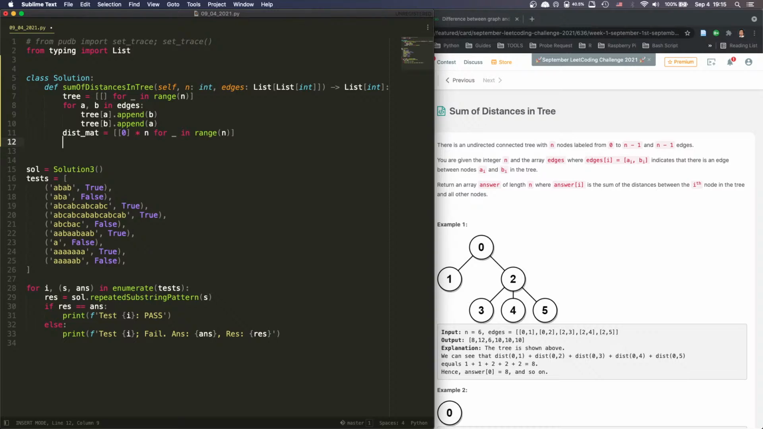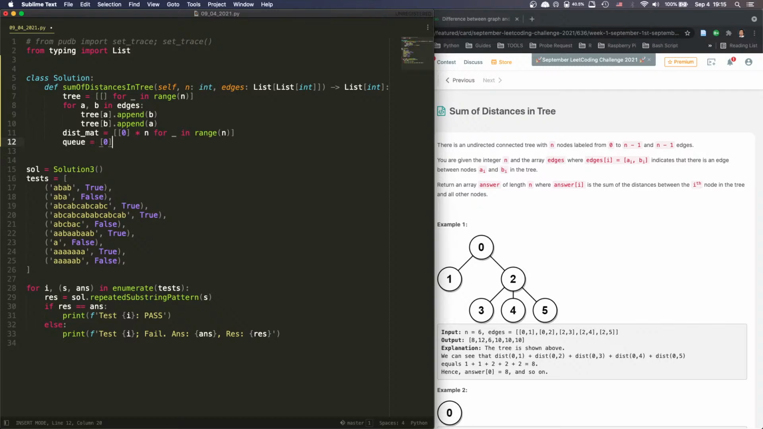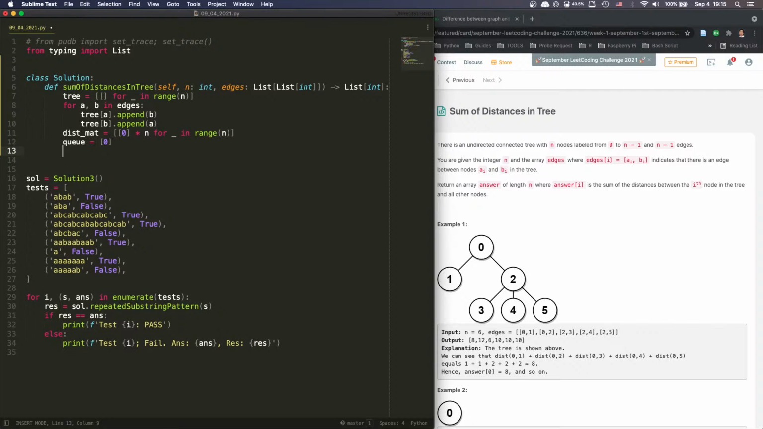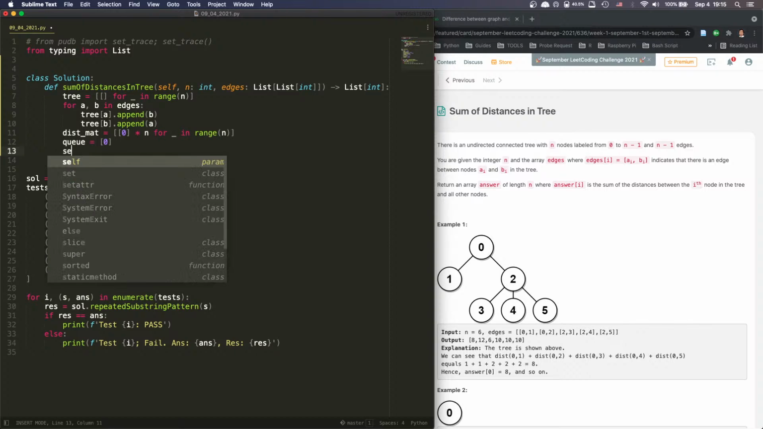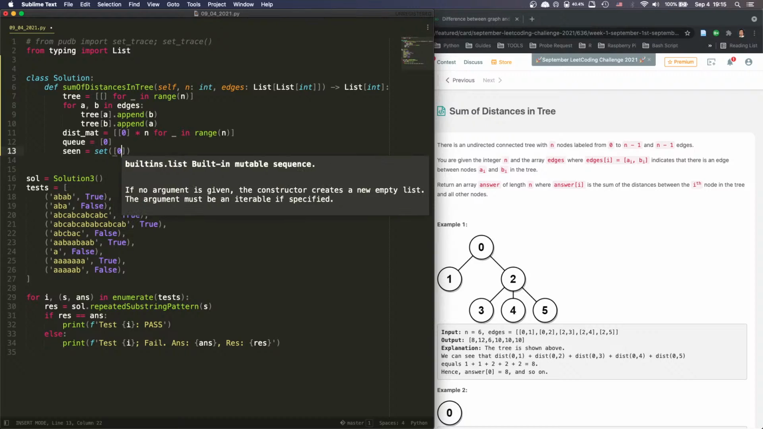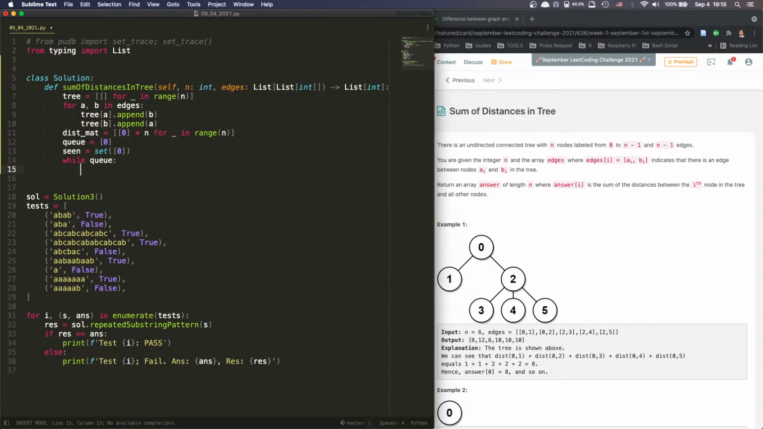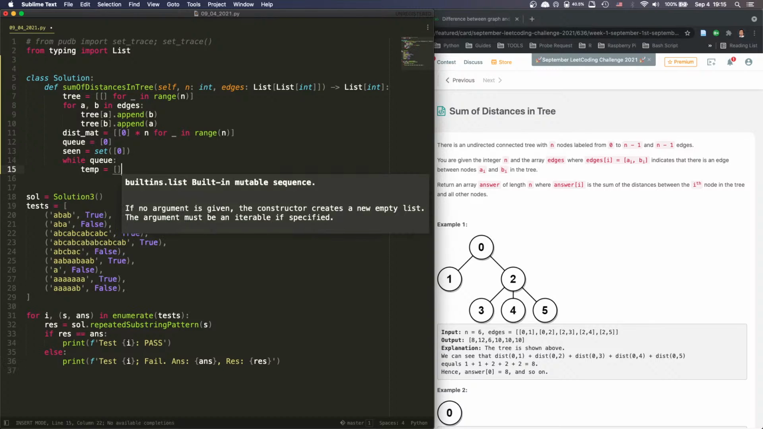breadth first search. So for breadth first search, we need, what do we need? We need a queue. So the queue is just going to be the root. We're going to say 0 is the root, and we need a seen, right? The one we have seen before. So seen is going to be a set, and 0 has been seen before. Now I'm going to say while Q, right? And temp is the next level,